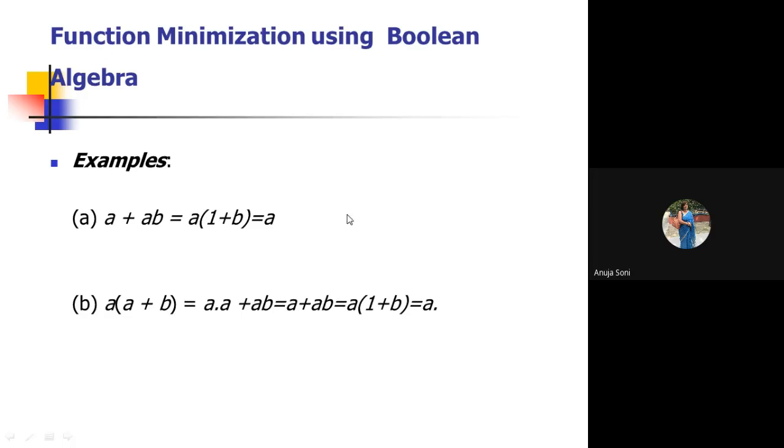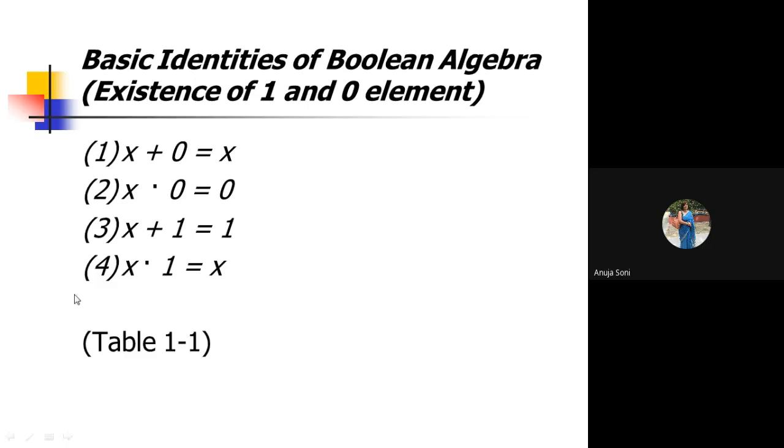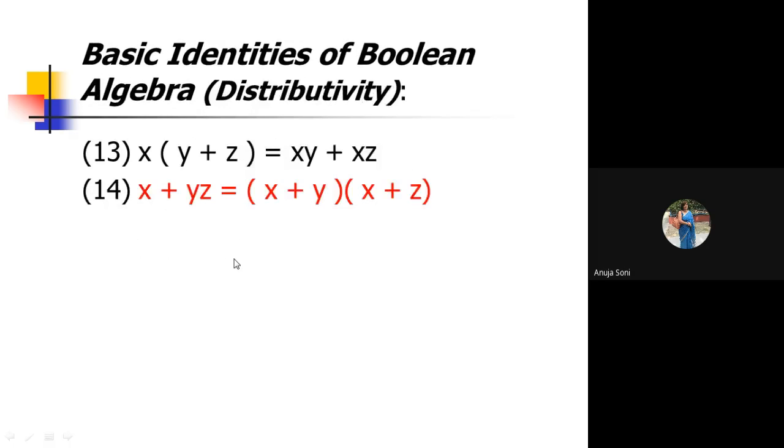So within parentheses, towards its right hand side, we have to mention the reason: since x plus 1 is always equal to 1. Similarly, 1 plus b will be equal to 1. Now a dot 1 will become equal to a. A dot 1 means x dot 1. Again, we have utilized one more Boolean identity: x into 1 is equal to x. So here we have used two Boolean identities. The second time we have used this Boolean identity.